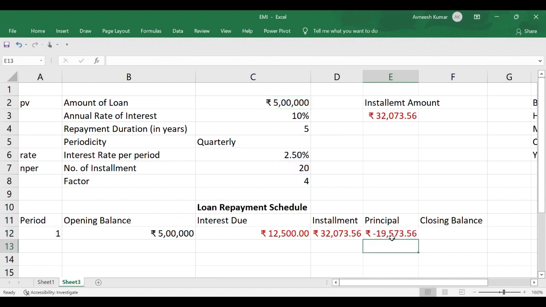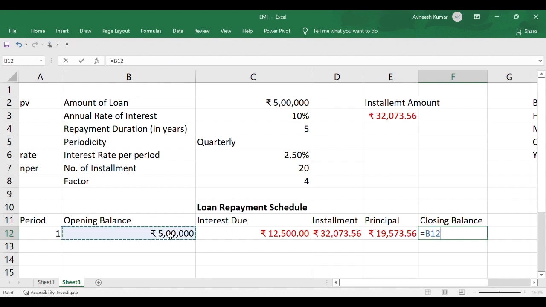So we get principal here, again removing this negative sign. So here 19,573.56 is the principal amount, and closing balance would be equal to